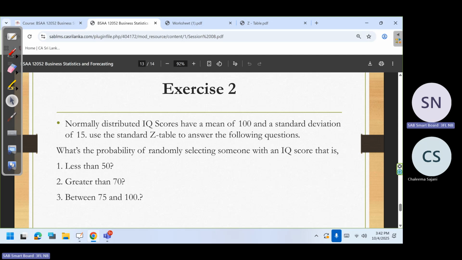How do we find out? Here the standard deviation is 15. What is the variance? The standard deviation is the positive square root of the variance. Then the other way,